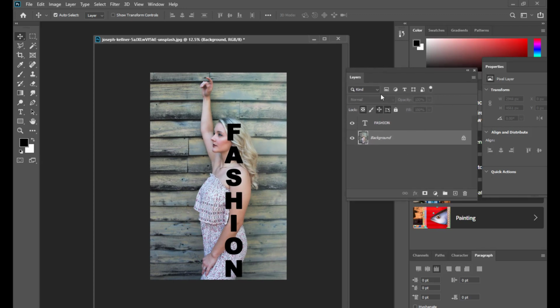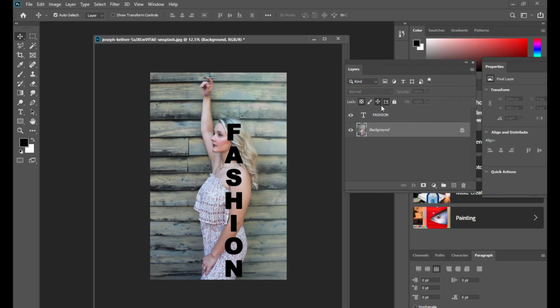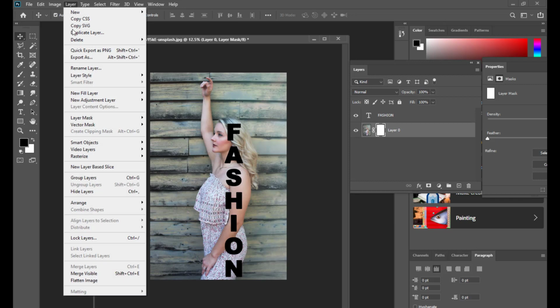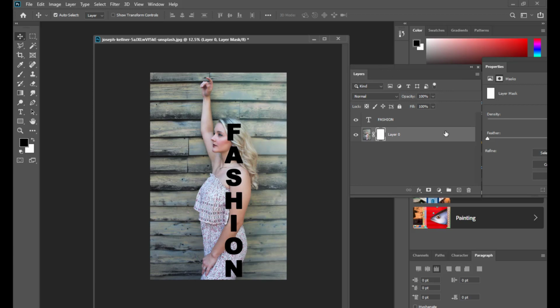The next step is we are going to apply the mask. So we are simply going to click the mask icon at the bottom of the layers panel. Just click it, and you can see a white thumbnail appears to the right of the image thumbnail. Okay, so this is a reveal all mask, and you can also apply this reveal all mask by going to the layer mask and selecting the reveal all option. Okay, right. So now we are done with the first step.